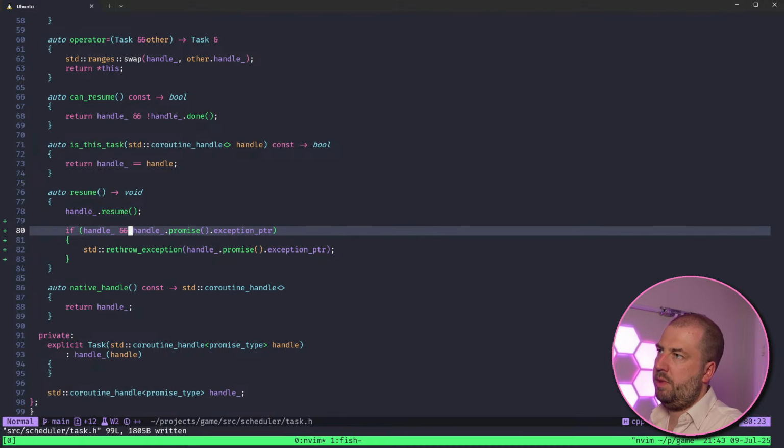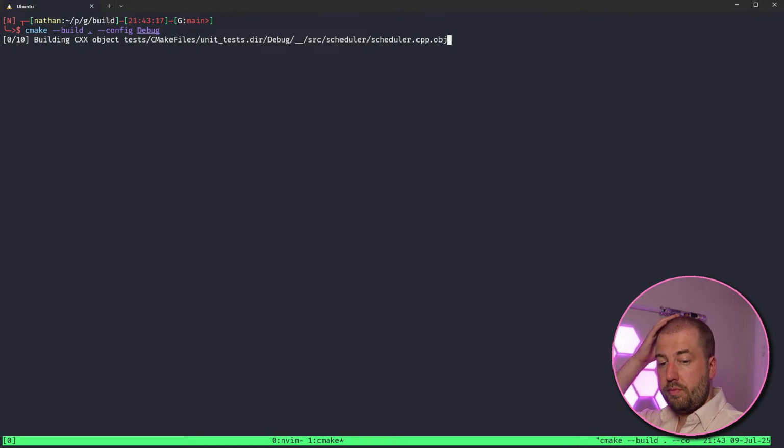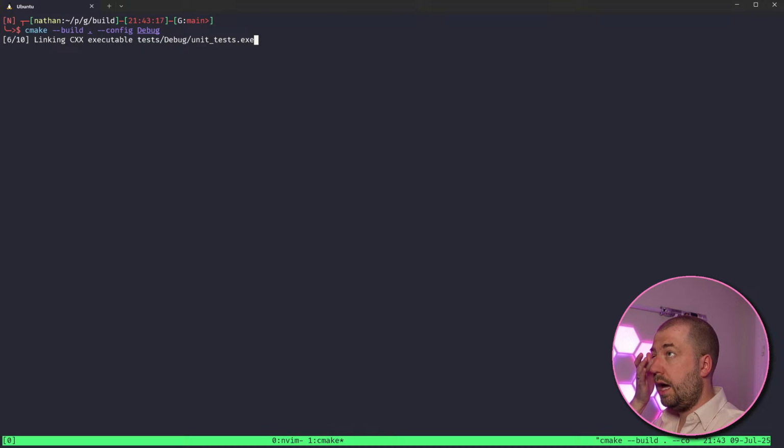Could the handle be out of scope by that point? I think a handle is guaranteed to return a promise if the handle is valid.